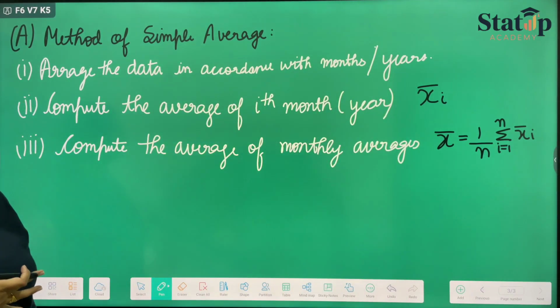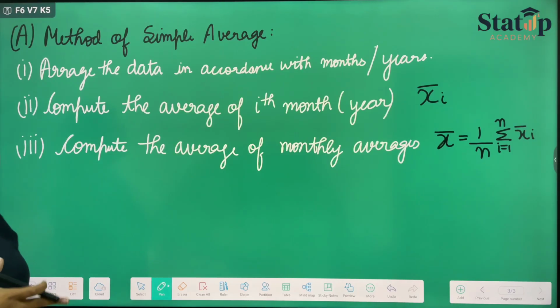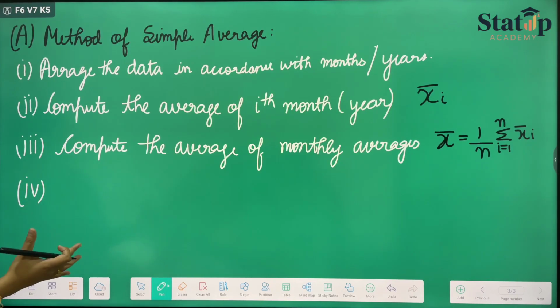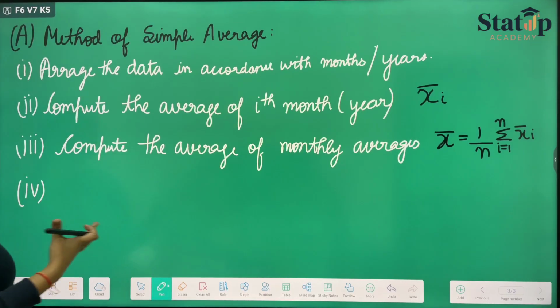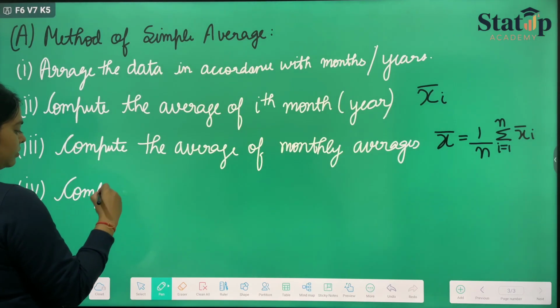This might sound very confusing right now, but keep holding on, as we'll solve one problem and then all the steps will be clear. I'll simultaneously tell you how we connect the rules with the example. And the fourth one is to compute seasonal indices,